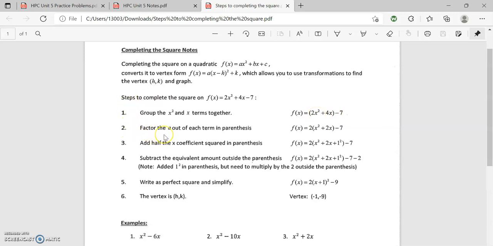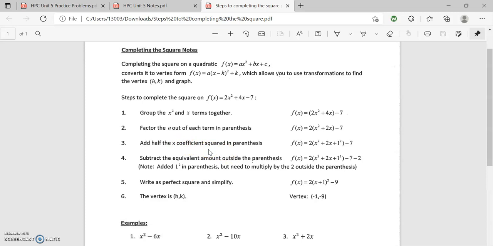Step 2, if you have a coefficient in front of the x squared term, the next step is to simply factor it out. Just make sure that when you factor the 2 out of the x squared, you've factored it out of the x term as well. Here we had 4x, but we want to factor out a 2, so that becomes x squared plus 2x. Then in step 3, this is where it gets kind of arbitrary, where you have to know what you're doing. You have to add half of the coefficient on the x,